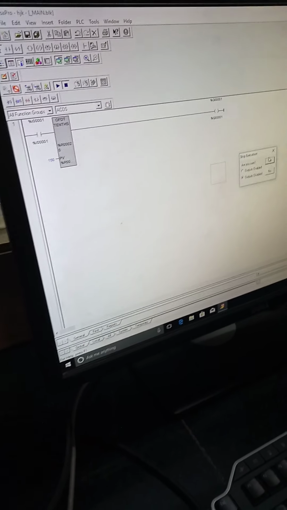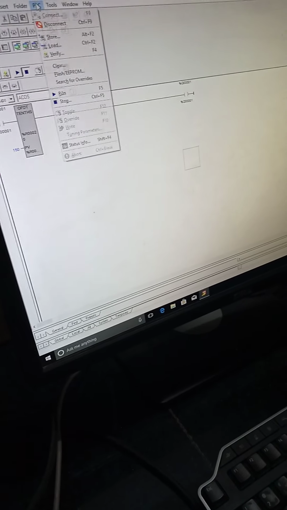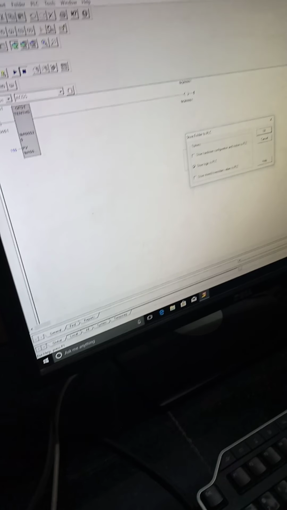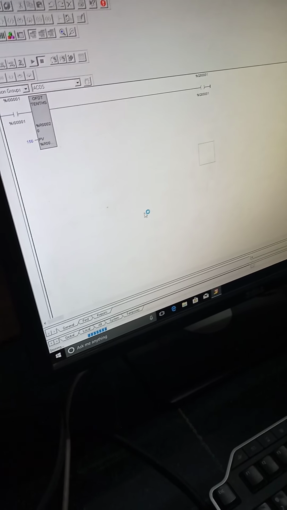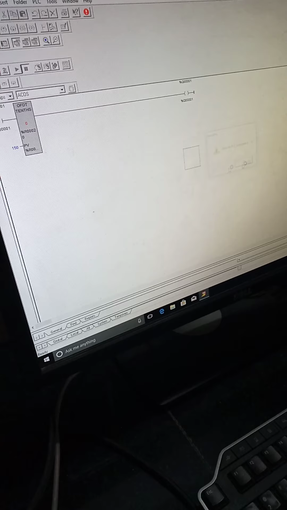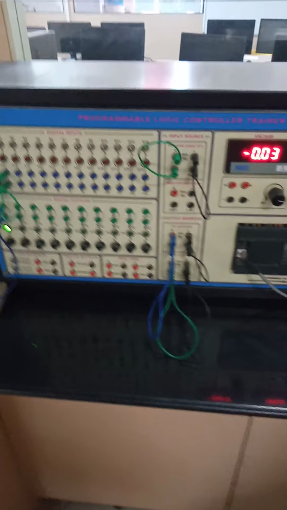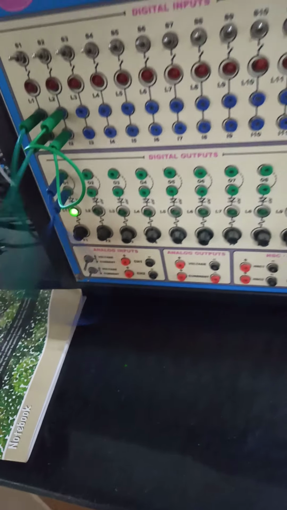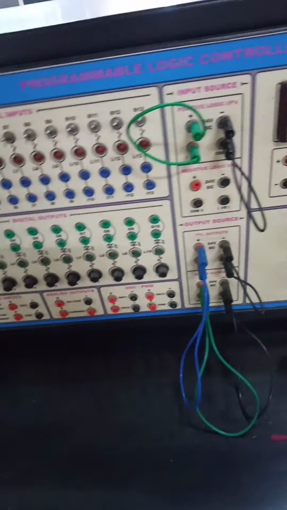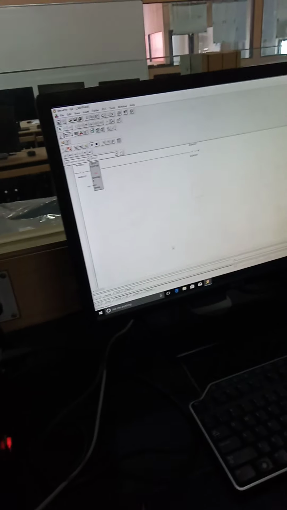Okay, switch off the PLC, then store your program. So once it is stored, you can run. So if I store and run, automatically the program is running, and then after 15 seconds it will be switched off. You can see the output is also on. It will be switched off after 15 seconds is reached.